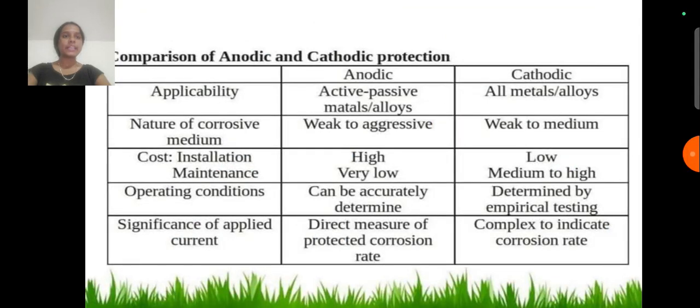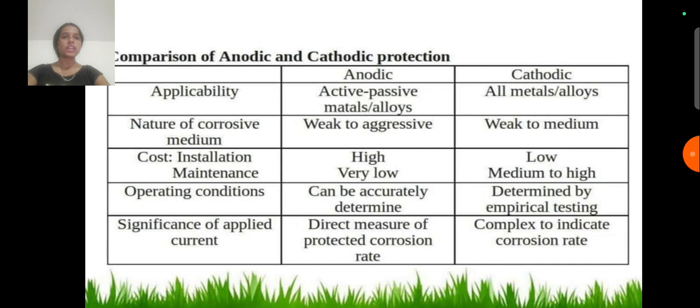First one, applicability. In anodic protection, active-passive metals or alloys. In cathodic protection, all metals or alloys. And the nature of the corrosive medium: in anodic, weak to aggressive; in cathodic, weak to medium. And the third one is cost. Installation and maintenance: in anodic, high and very low; in cathodic, low and medium to high. And in operating conditions, in anodic they can be accurately determined, and in cathodic they are determined by empirical testing. And at last, the significance of applied current: in anodic, it is a direct measure of the protected corrosion rate, and in cathodic, it is complex